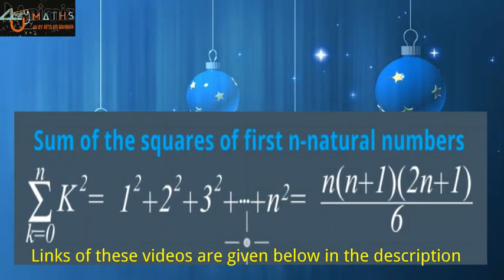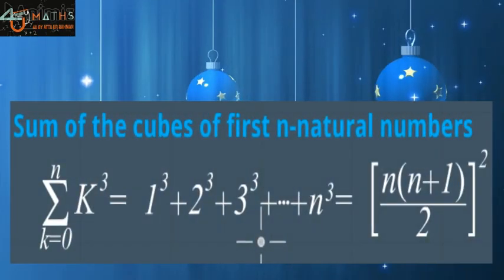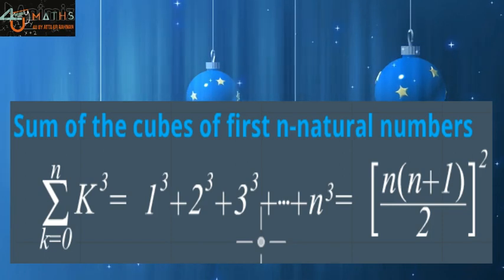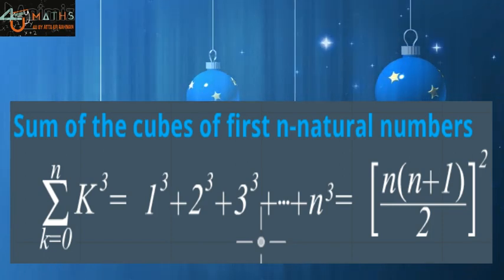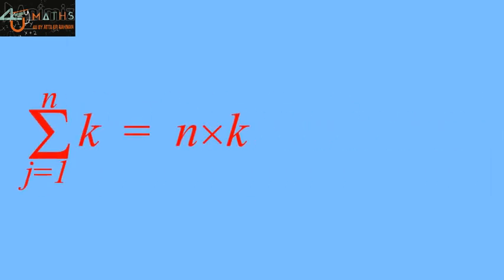While in this lecture, we will try to prove that the sum of the cubes of the first n natural numbers is equal to n into n plus 1 divided by 2 whole square. So before proving this result, let us recall those results which we have proved in our previous two lectures. That is,